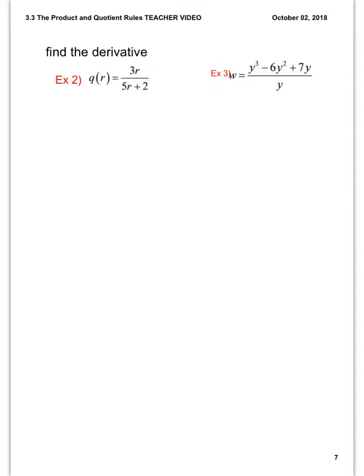So a quick application of our quotient rule. I'm just going to split this down the middle. Now in example 2, we're going to use the quotient rule first. So we have our low, right? Low is on the bottom, and we have our high on the top. So our quotient rule is